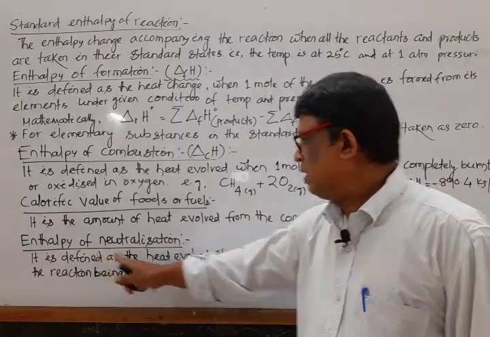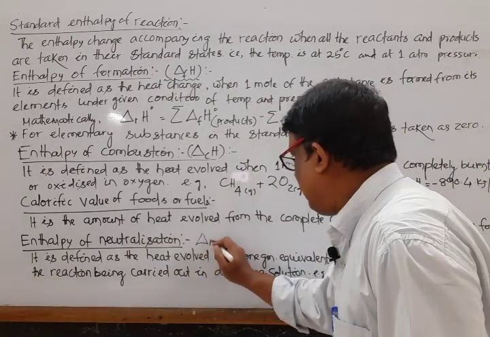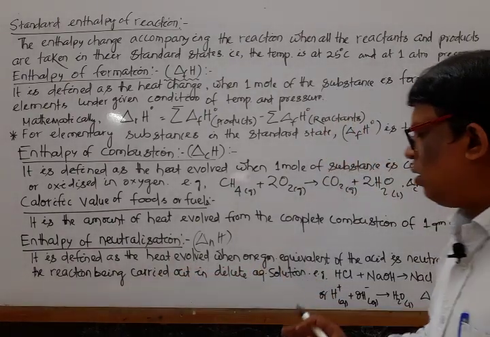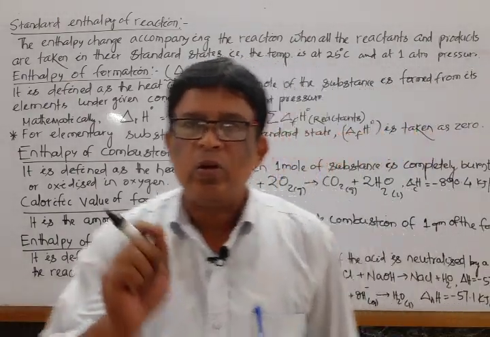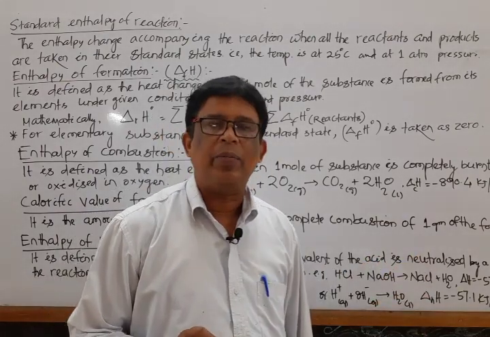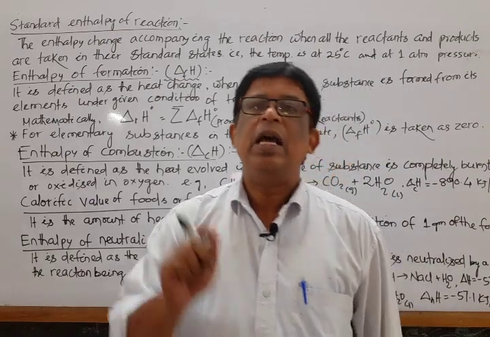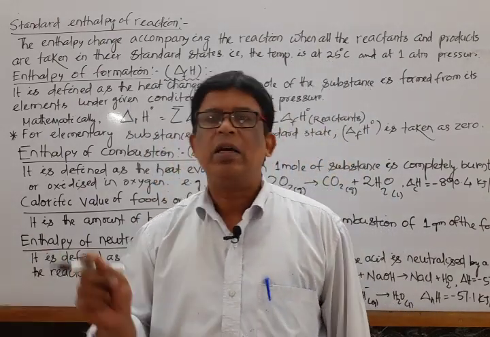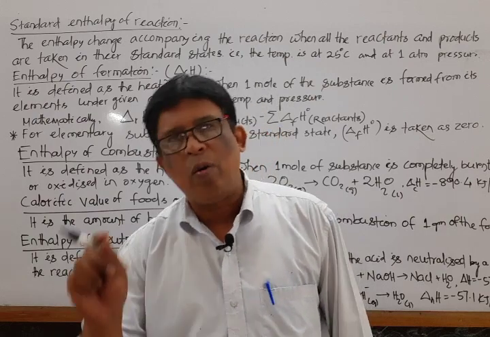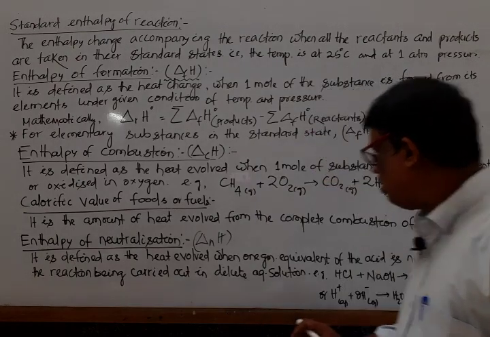Last, that is enthalpy of neutralization. Symbol is del NH. That is defined as the heat evolved when 1 gram equivalent of an acid is neutralized by a base. If we select a mono-basic acid and a mono-acidic base, then we also say that 1 mole of acid undergoes complete neutralization with 1 mole of base. Mark that.